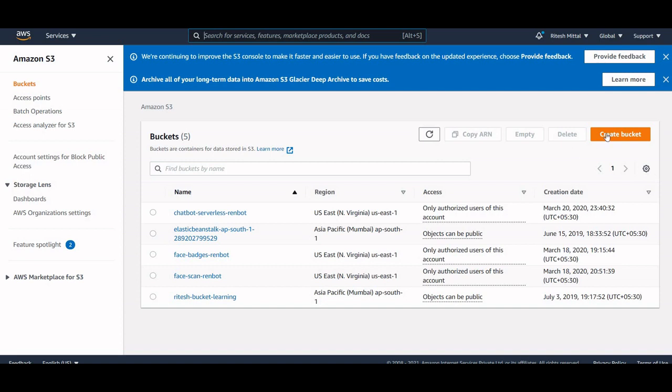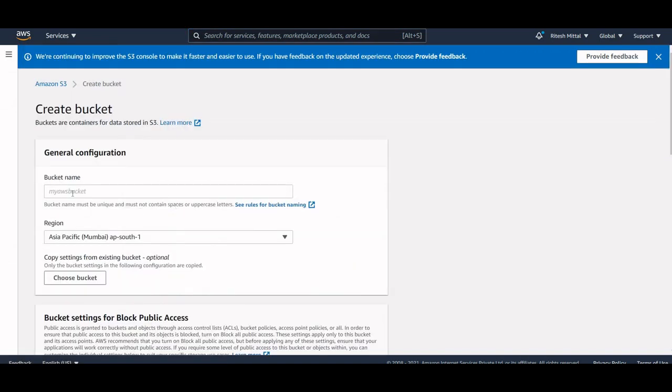So I will create a new bucket. I will name it, and I will copy it for future reference so that I can remember it.